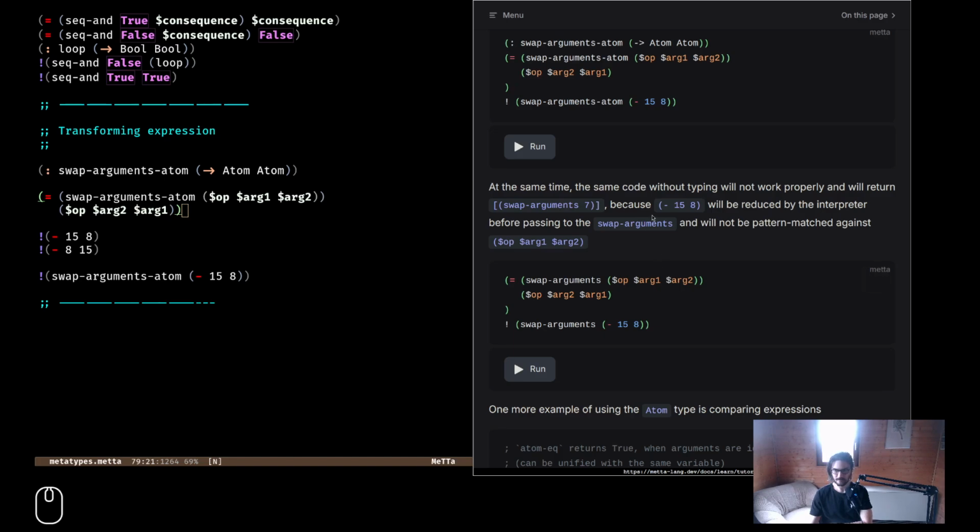It would reduce this to 7 and then try to call a function with 7, or try to find the equivalence with 7, and then nothing would unify, and it would just return this function with 7.